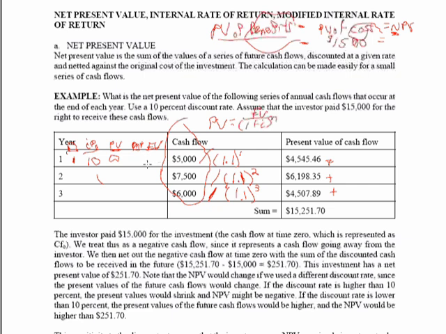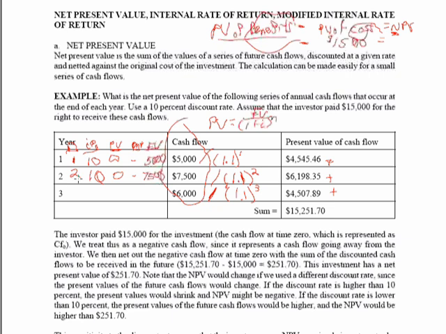And what you do is you put in the 5,000 into future value and hit PV, and you should get $4,545.46, or again, very close to it. For year 2, you're just going to put 2 into N, keep 10% in I, solve or compute for PV, make sure your payment is empty or clear, and put 7,500 into future value. And you should get